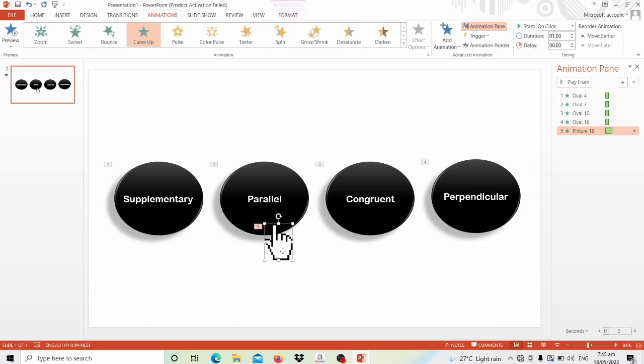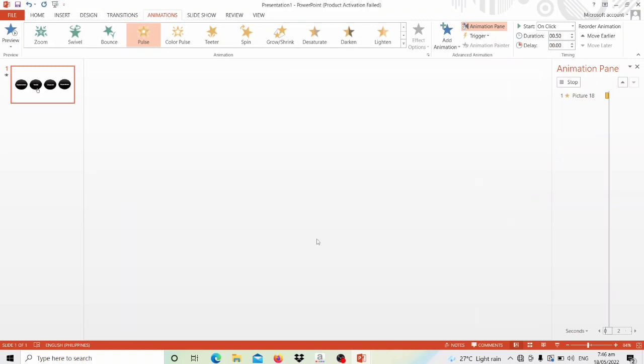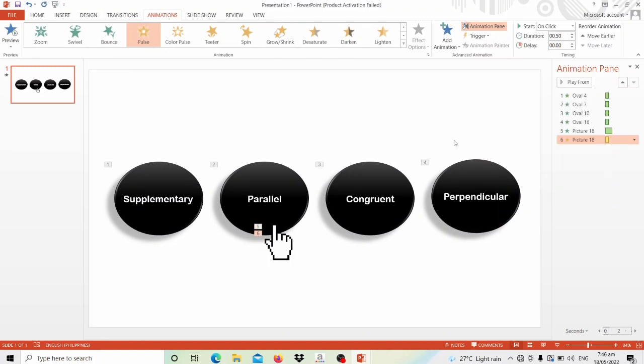So the next thing is that this hand cursor will only come up with that curve up, but we also wanted it to pulse so that it looks like it is clicking this second option. So what we're going to do is click this Add Animation, then go to this Emphasis group and click this Pulse effect. None, and it looks like that. And that happens,